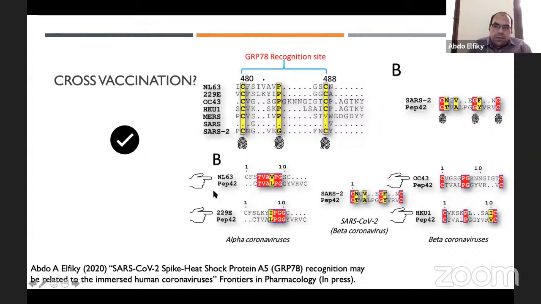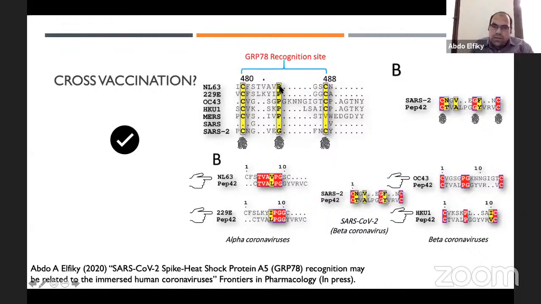In this study, we say that the recognition site of GRB78, which is this region from the spike, can be used as fingerprinting for some vaccine. As we can see here, the four endemic human coronaviruses that we took at the start of the lecture, NL63, 229E, OC43, and HKU1, have these fingerprint parameters that are found in SARS-CoV-2. The first one is the amino acid cysteine, C, and another C that can make a disulfide bond, and in between there is